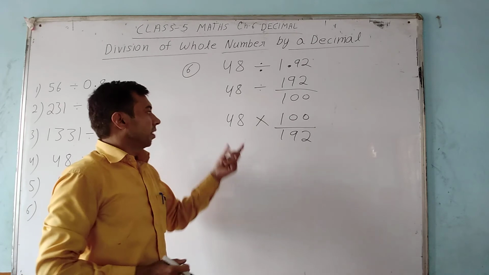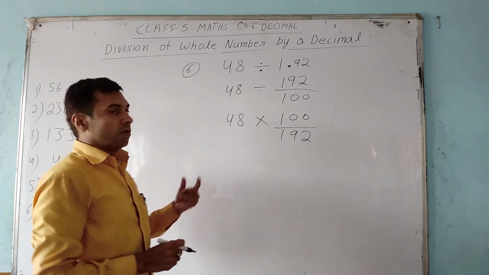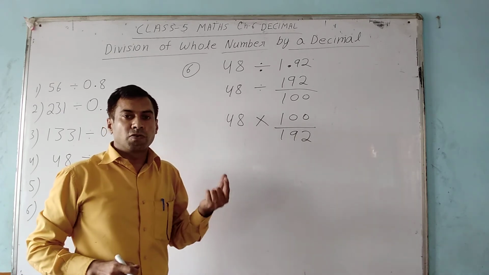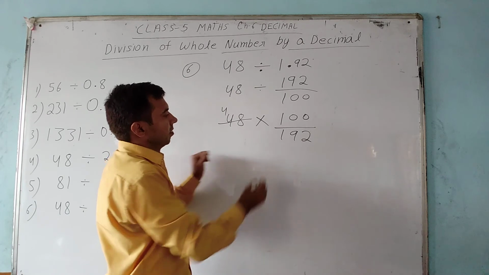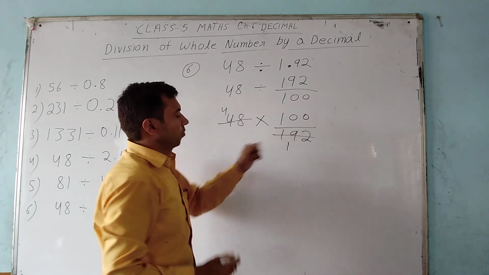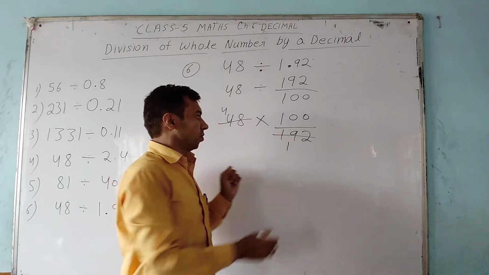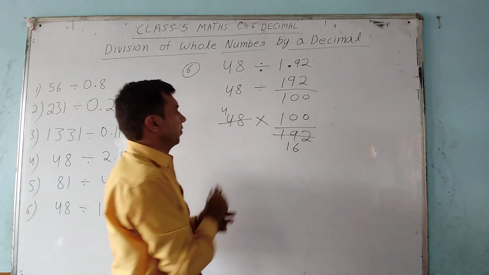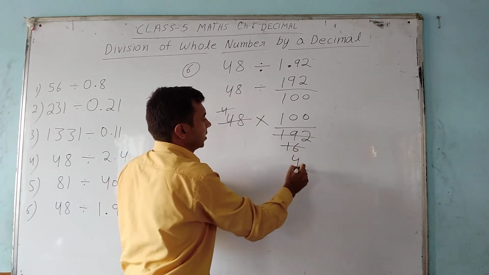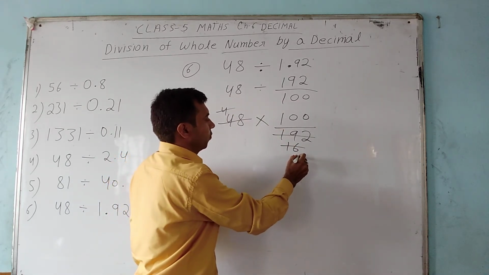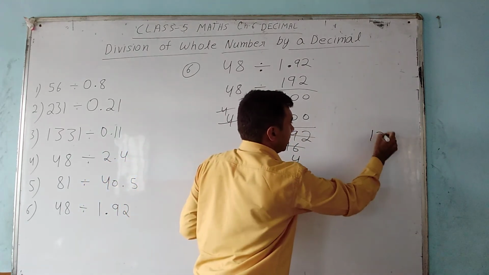Now student, we can divide this 48 192. How? From table of 12. 12 4 48, 12 1 12, 9 minus 2 7, 72, 12 6 72. 4 4 16. Now we divide this 100